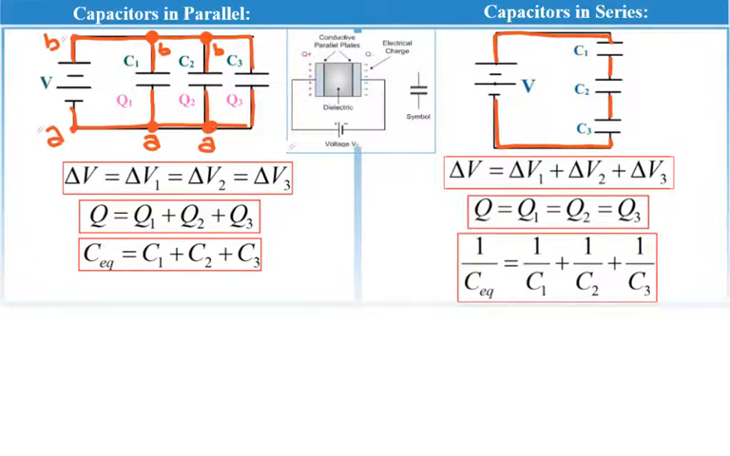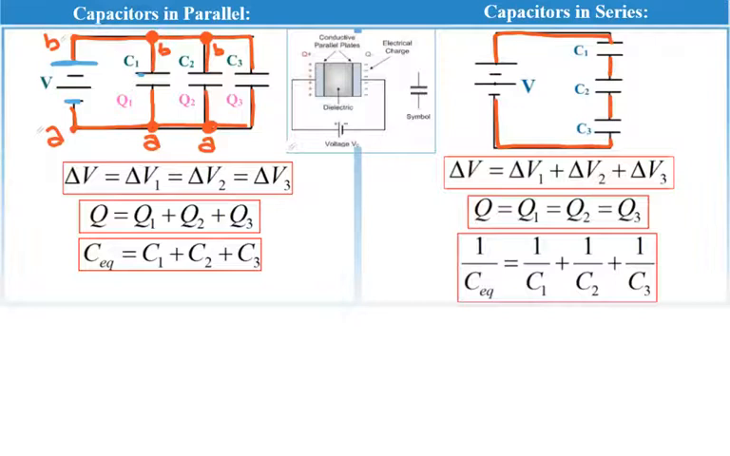So they all have the same potential difference, and their charge, the one that comes from the battery, is going to be distributed among all the capacitors. So the total charge on all the capacitors is the sum of all the charges on every single capacitor. So eventually you will have the same charge